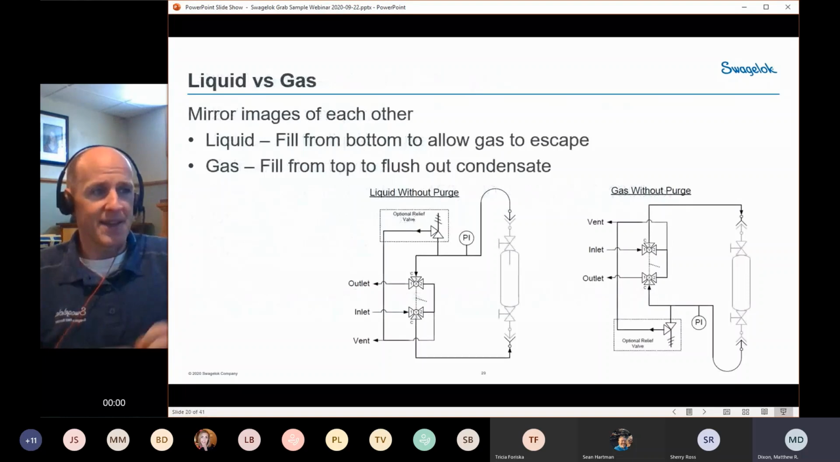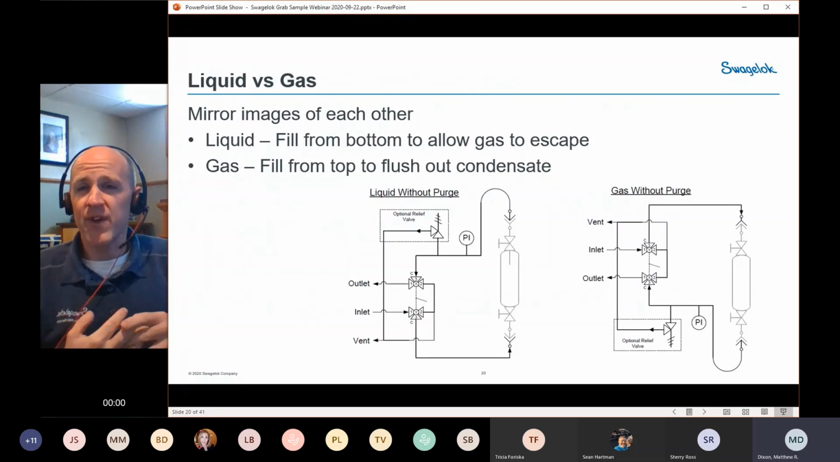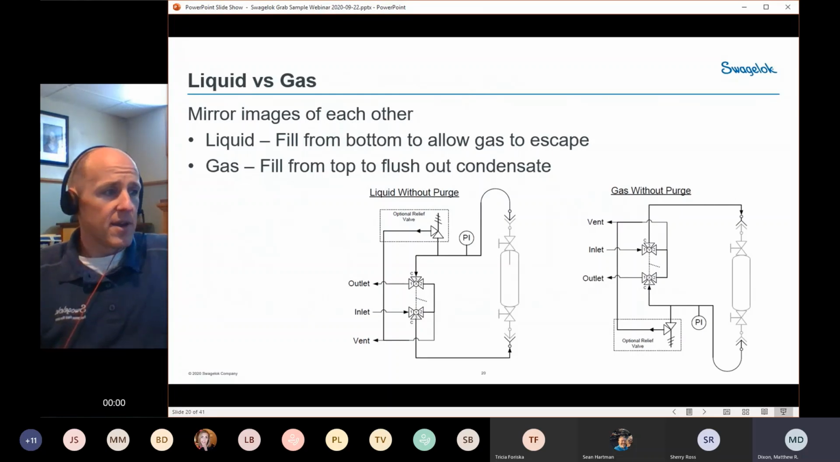So let's take a look at what's going to be the difference between a liquid panel and a gas panel. So again, these are cylinder panels, so they could be used for each, but in general, they're very similar, whether it's liquid or gas, just a few minor changes. First of all,